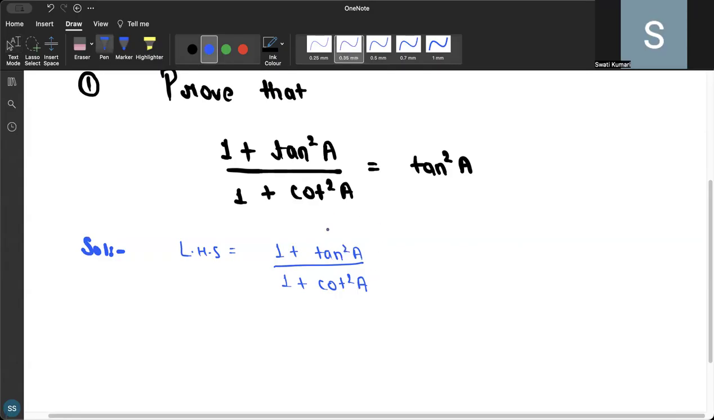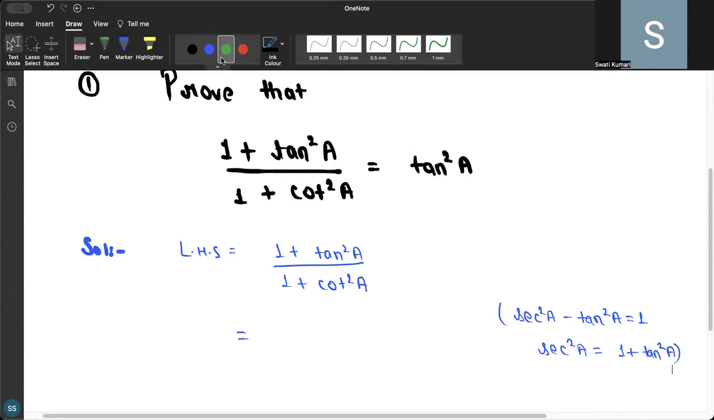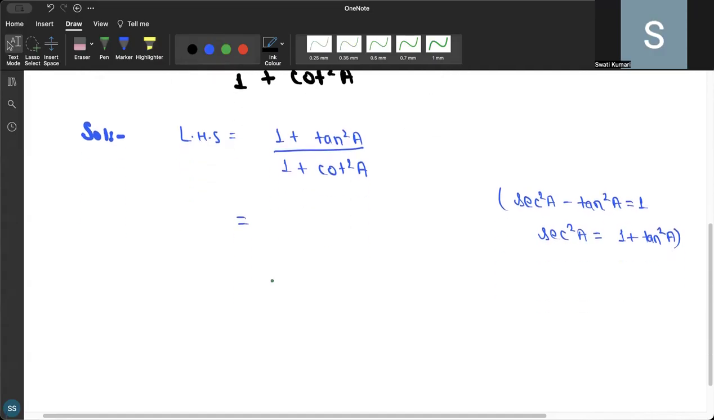Okay, so how are we going to move ahead here? We have a very famous trigonometric identity called sec square A minus tan square A equals 1. So from here, I can write sec square A is equal to 1 plus tan square A. It's very important in mathematics that whenever you use any formula, you write it on the side, so others can understand what formula you have used. So for 1 plus tan square A, we have sec square A. So I can write down here sec square A